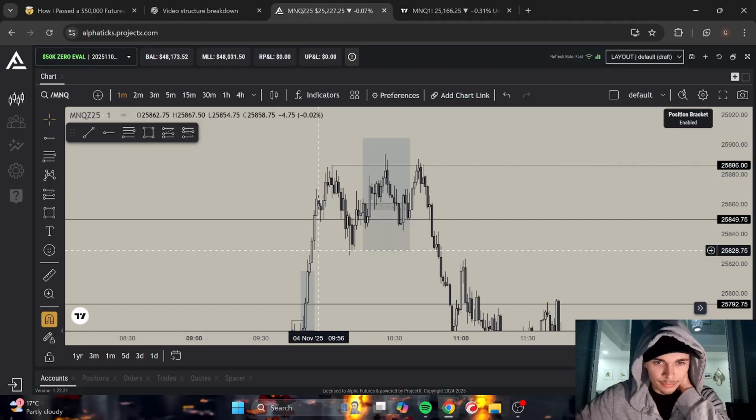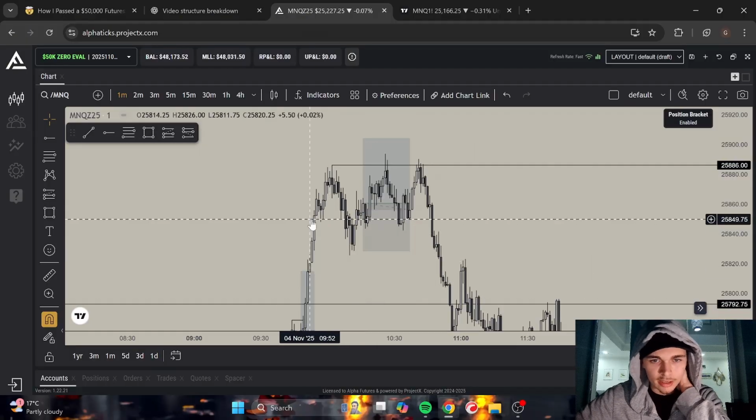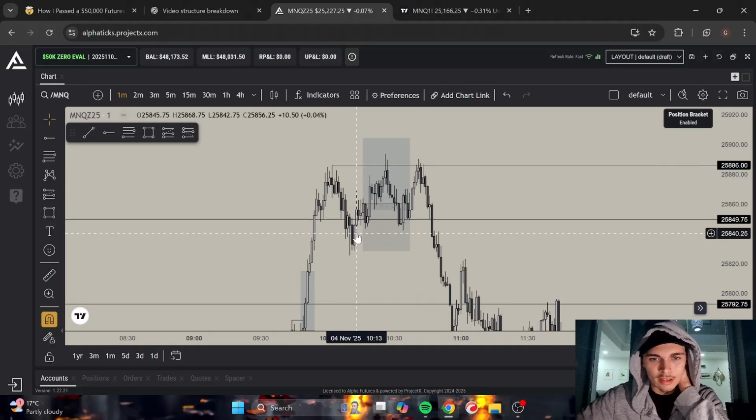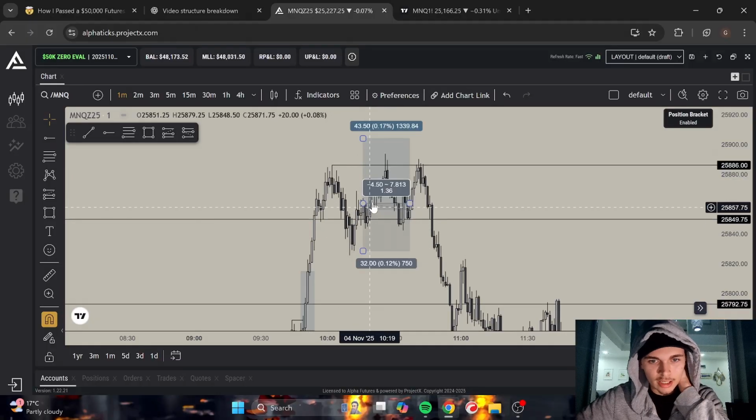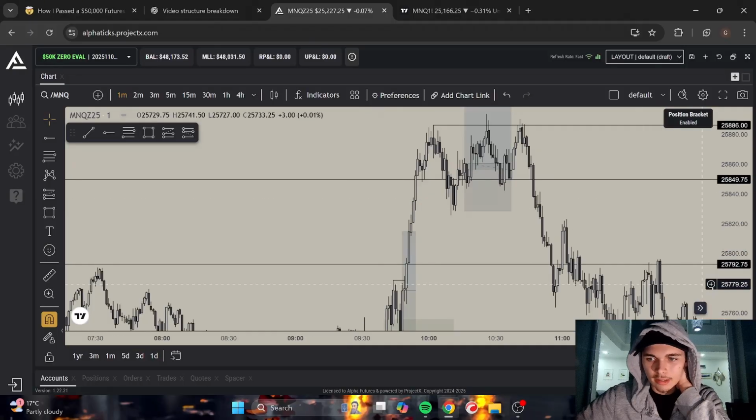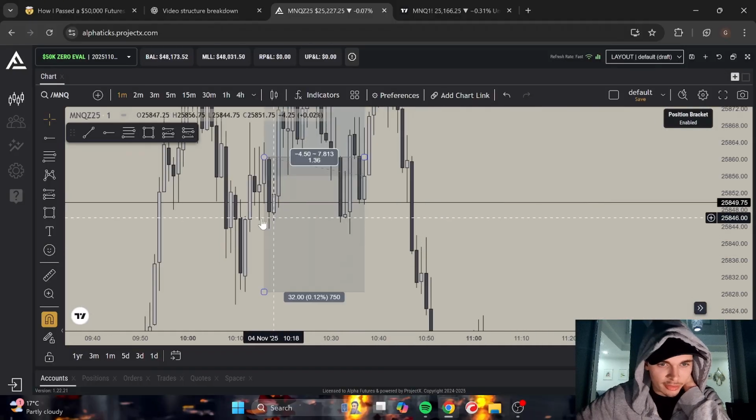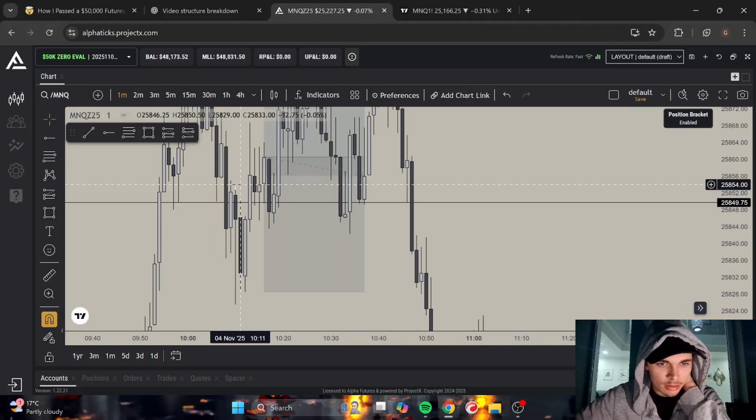But anyway, so this was a 5 minute fair value gap over here, and we'd come up, form this high, drop back down, and then started clearly trending higher again. And if we zoom in here, we formed this 1 minute fair value gap. This is a 1 minute fair value gap that we inversed, and we formed this 1 minute